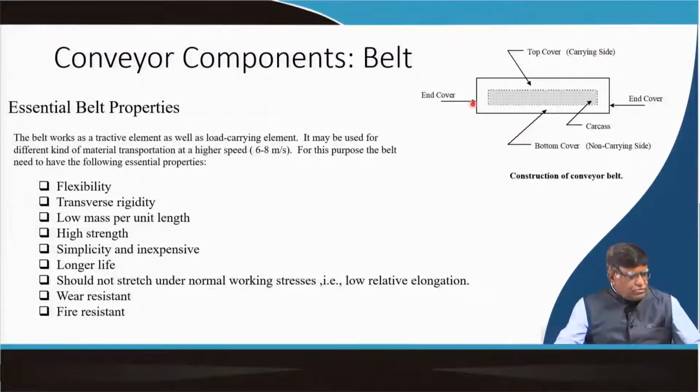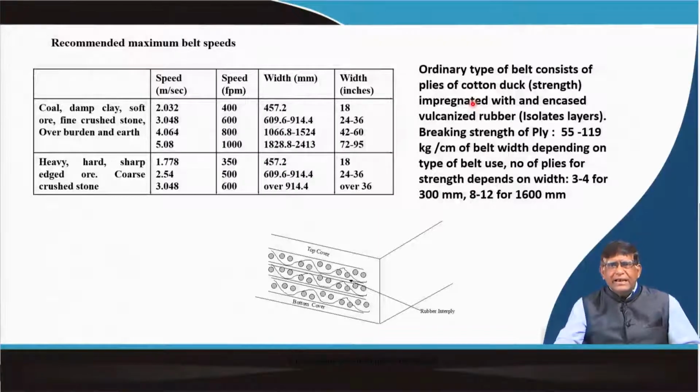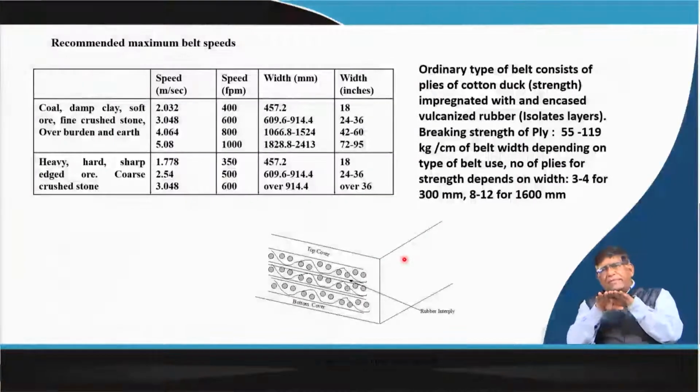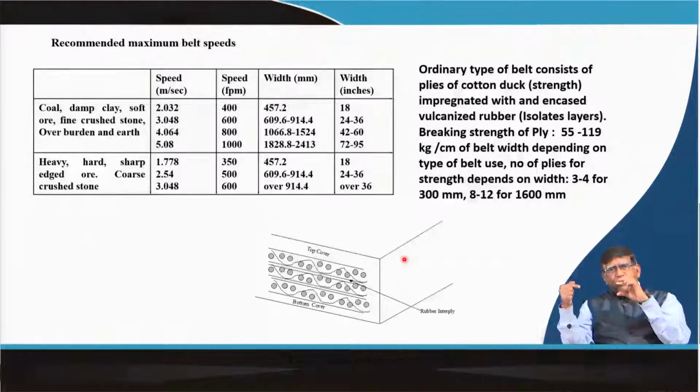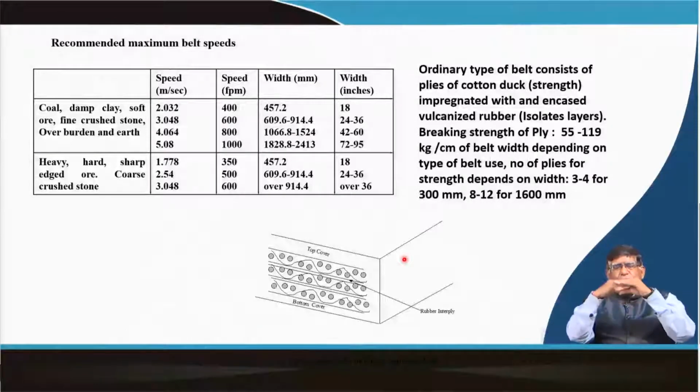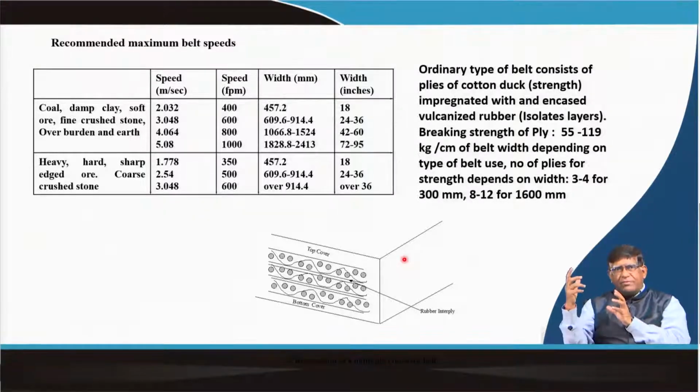Now, what is that solid woven? You can see here that the fabric is of course a solid woven, meaning exactly just like a block. You have a longitudinal member and a transverse member, which are called warp and weft. Just like your clothes you make, but now you have one layer, another layer, and in between that also you will be weaving. When you weave like that, it is called solid woven fabric.